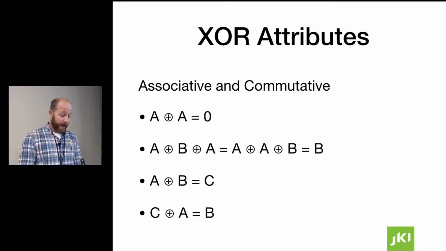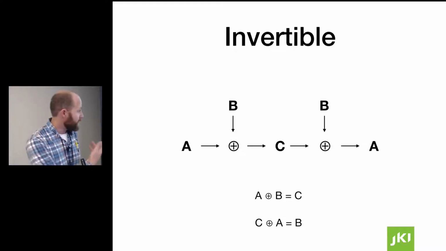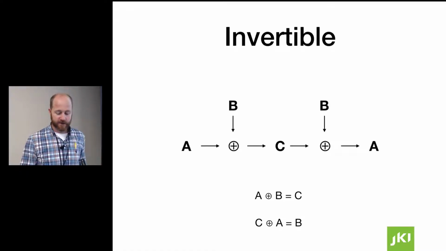Put in a different way, if we have A XOR B and we call that C, I'm going to use C for a cipher text, meaning the encrypted data. If we take that encrypted data, C, and XOR it with A, we'll get B. And why this is useful is if we call A our key and B is our plain text data, we can use A to both lock and unlock our data. So what that meant is it's invertible, and this diagram shows us